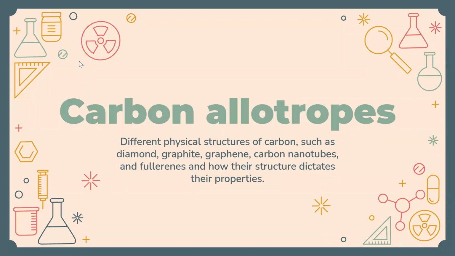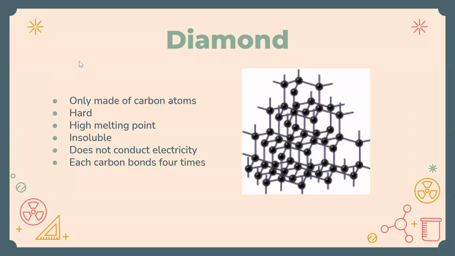Carbon is a very abundant element, so it's no wonder it takes so many forms. We're going to explore some allotropes of carbon, which just means the different structures it can take. Diamond, which is made up of carbon, is hard, has a high melting point, and is insoluble, and it doesn't